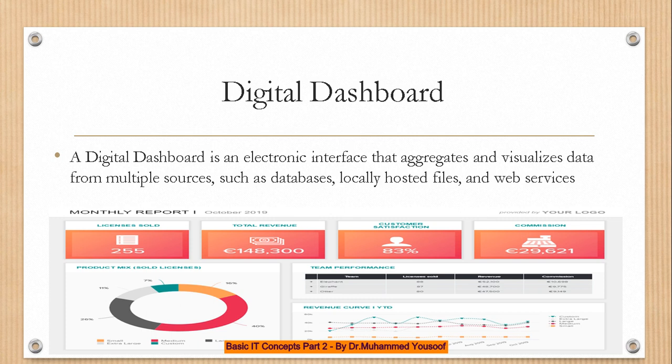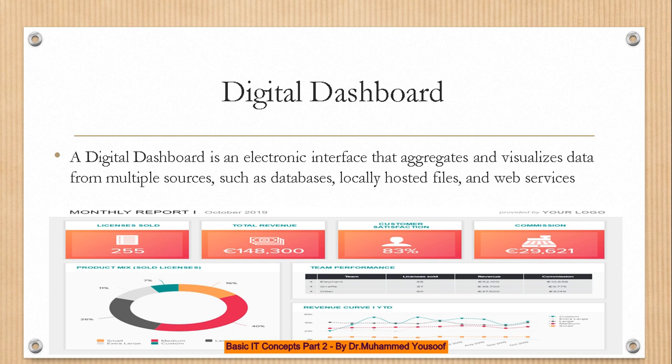This is also a very commonly used technical term or vocabulary in the IT field or in information system. It is called digital dashboard. You know what is a dashboard? If you have a dashboard for a car, you can see the speed of the car, how much fuel is in the car, whether the headlight is on or not, the cruise control is on or not, what gear you applied, many things you can see in one place. That's called the car's dashboard.